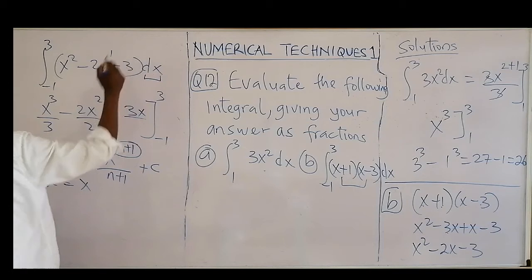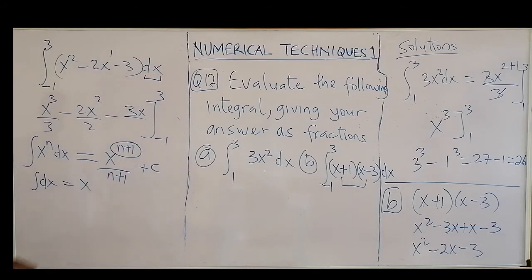We're only integrating dx. And don't forget, when you have a sum or difference of functions under integration, it implies the integral of each of those functions. Then this will become equal to x cubed over 3 minus 2, we cancel here,